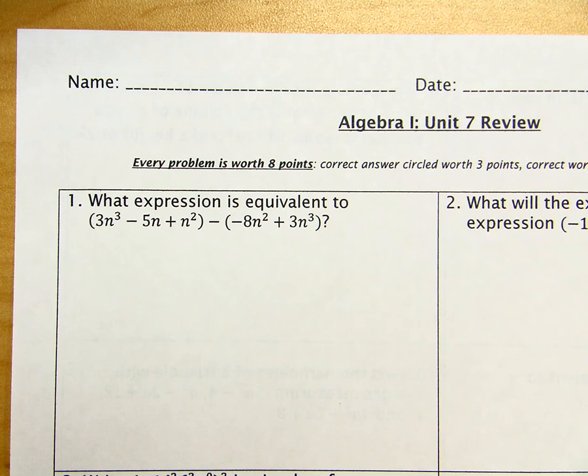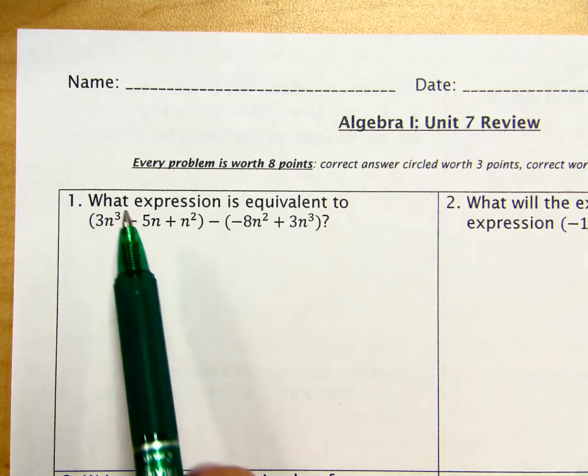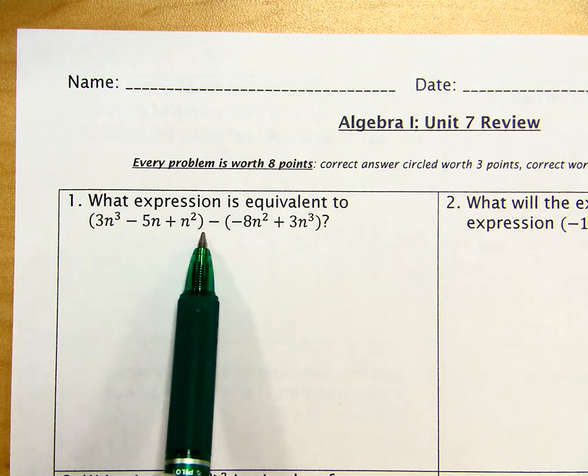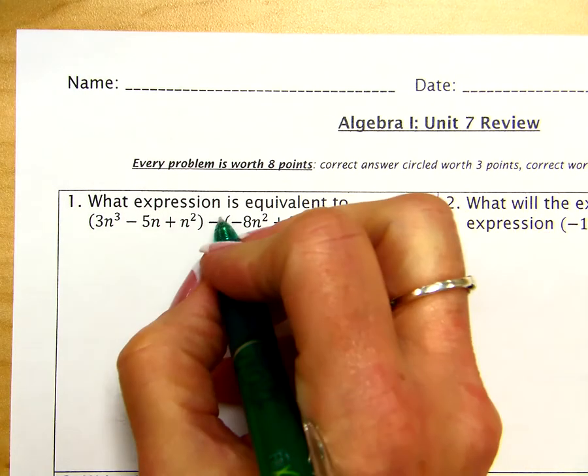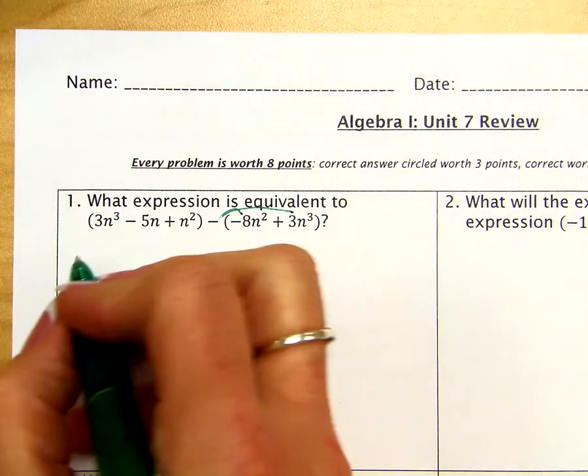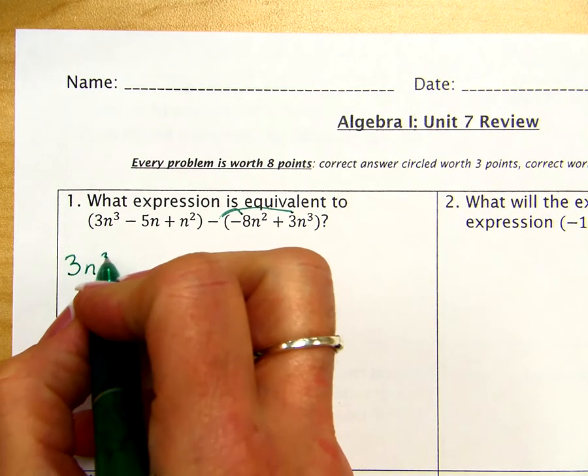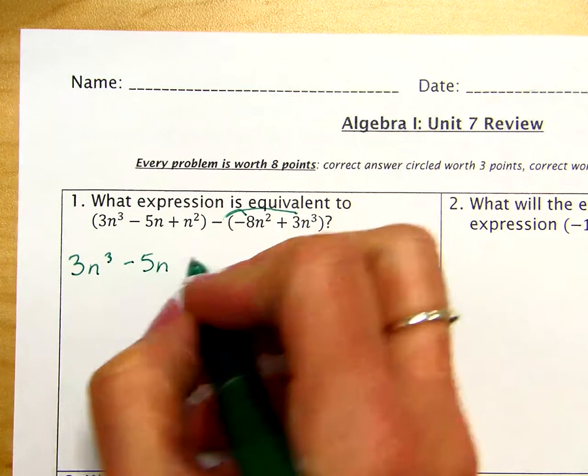So we'll go ahead and get started with problem number 1. It says what expression is equivalent to this polynomial minus this polynomial? So since it is subtraction, we need to distribute that to the second polynomial. So our pieces become